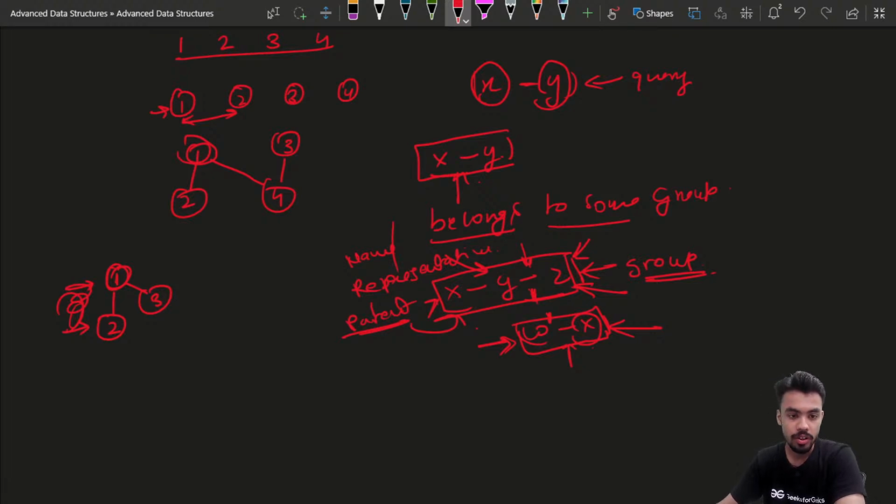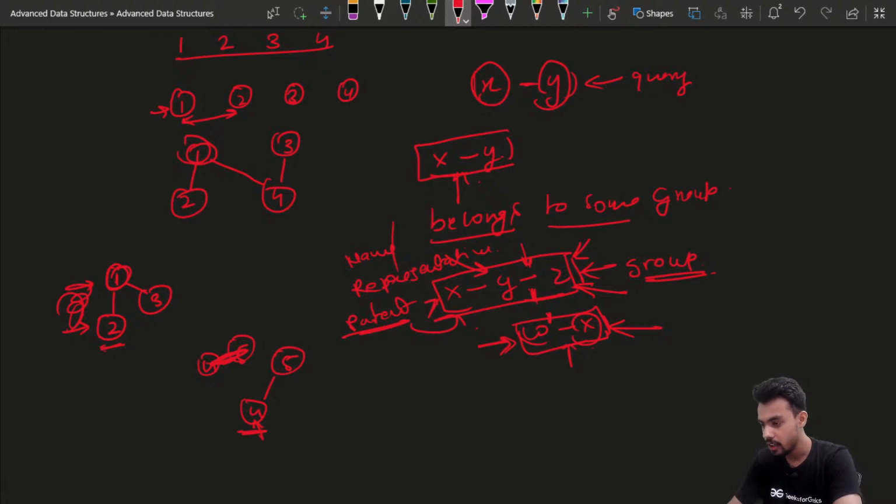Now suppose 4 is getting connected to 5 in some query, and we make 5 our parent. We connect this 4 here. Now we know that the parent of 2 is 1, the parent of 3 is 1, the parent of 1 is again 1, the parent of 5 is 5, and the parent of 4 is 5. Now suppose we want to check if 2 and 4 are friends or not. What we are going to do is